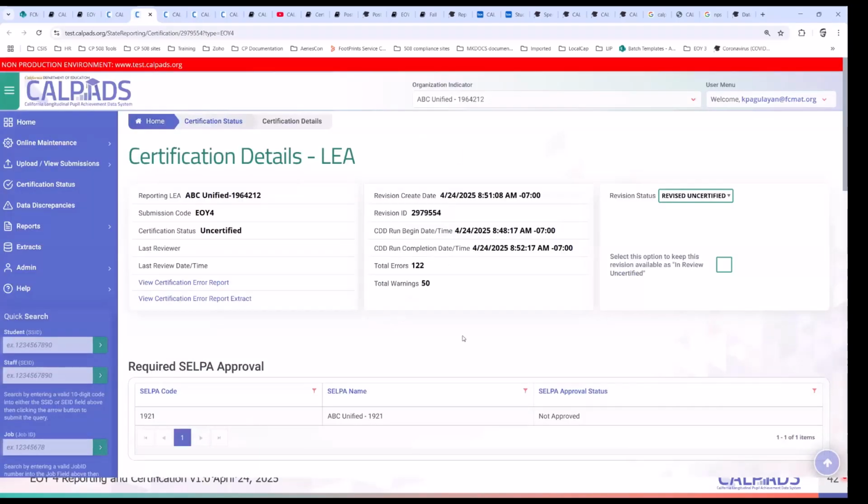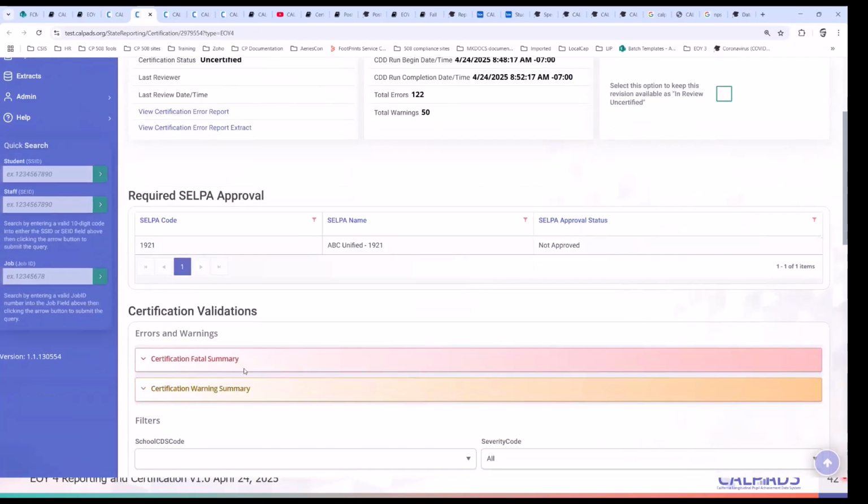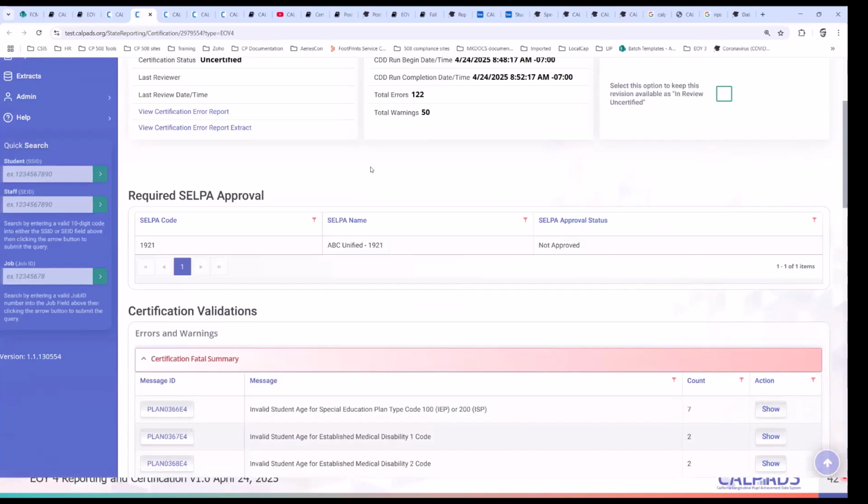This is crucial because, as you know how CalPADS works, especially close to the deadline, the system gets bogged down by all of the data being introduced and corrections in the system, so there is some latency. It takes longer for the snapshots to run, and you may already have made multiple changes, and the data refresh in the data discrepancy may have run multiple times, or you made changes and the snapshot only picked up partial changes.